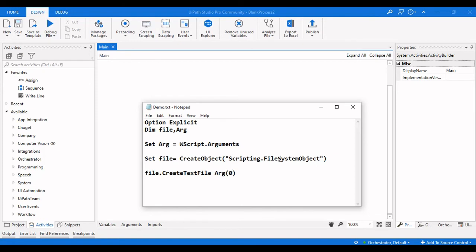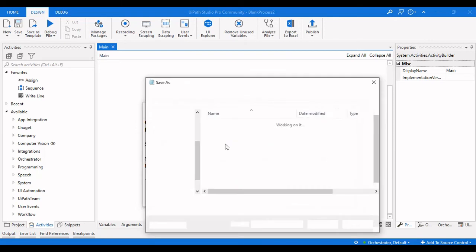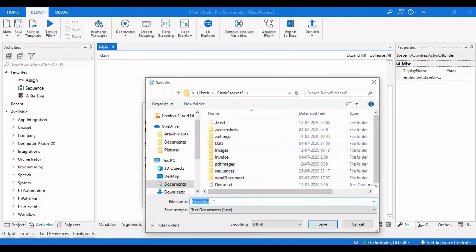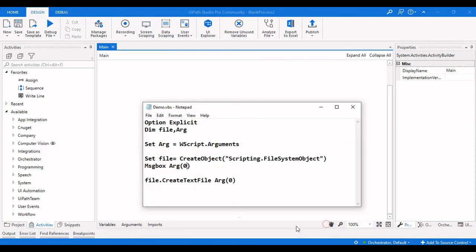And let me also add a message box to show you the message that we're getting from the input arguments: MsgBox of argument 0. Let me click on save, and then we need to save this as a VBScript file. So let me select All Files and then demo.vbs, this VBS script. Click on save.